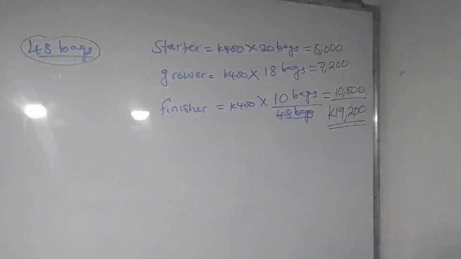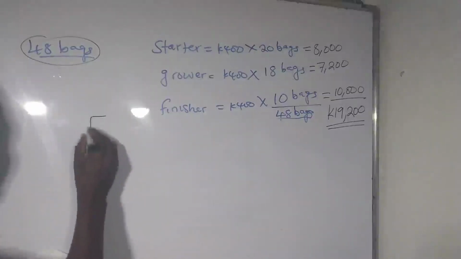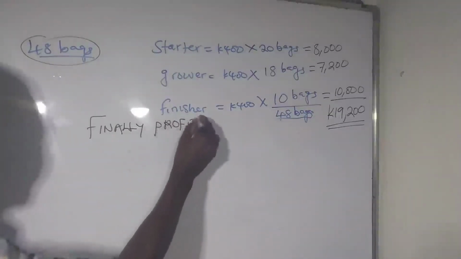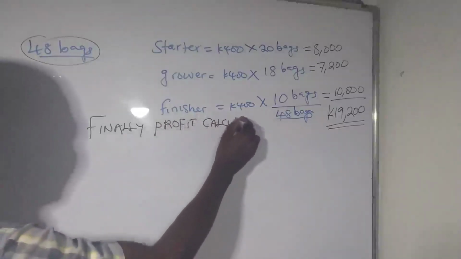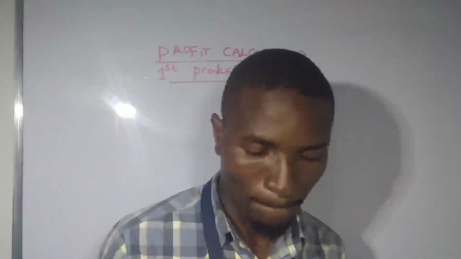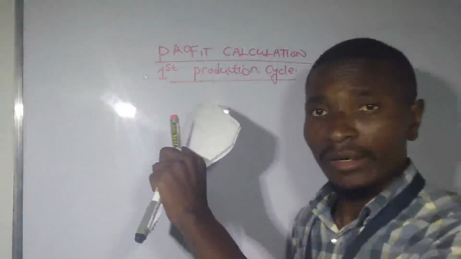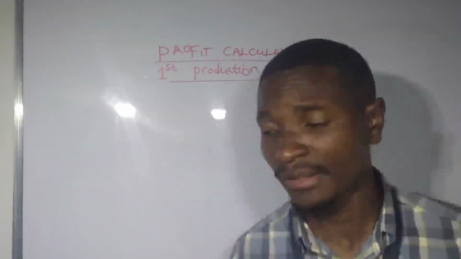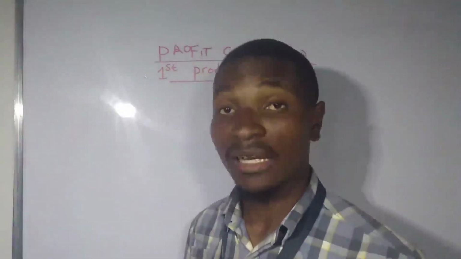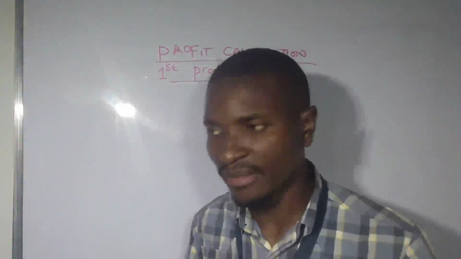Okay. Now from there, what you do is, so you say finally profit. Okay, so now the final part is now to know how much you're going to make after doing your first production cycle. So that is within 6 months. So now once after you do that, then